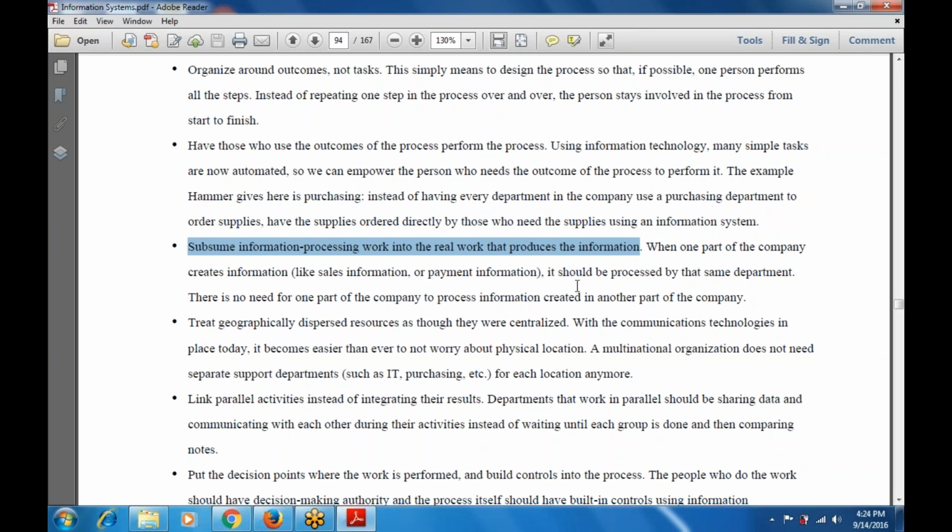A multinational organization does not need separate departments such as IT or purchasing for each location anymore, because everything is available centrally. The next one is to link each and every activity in parallel instead of integrating the results.